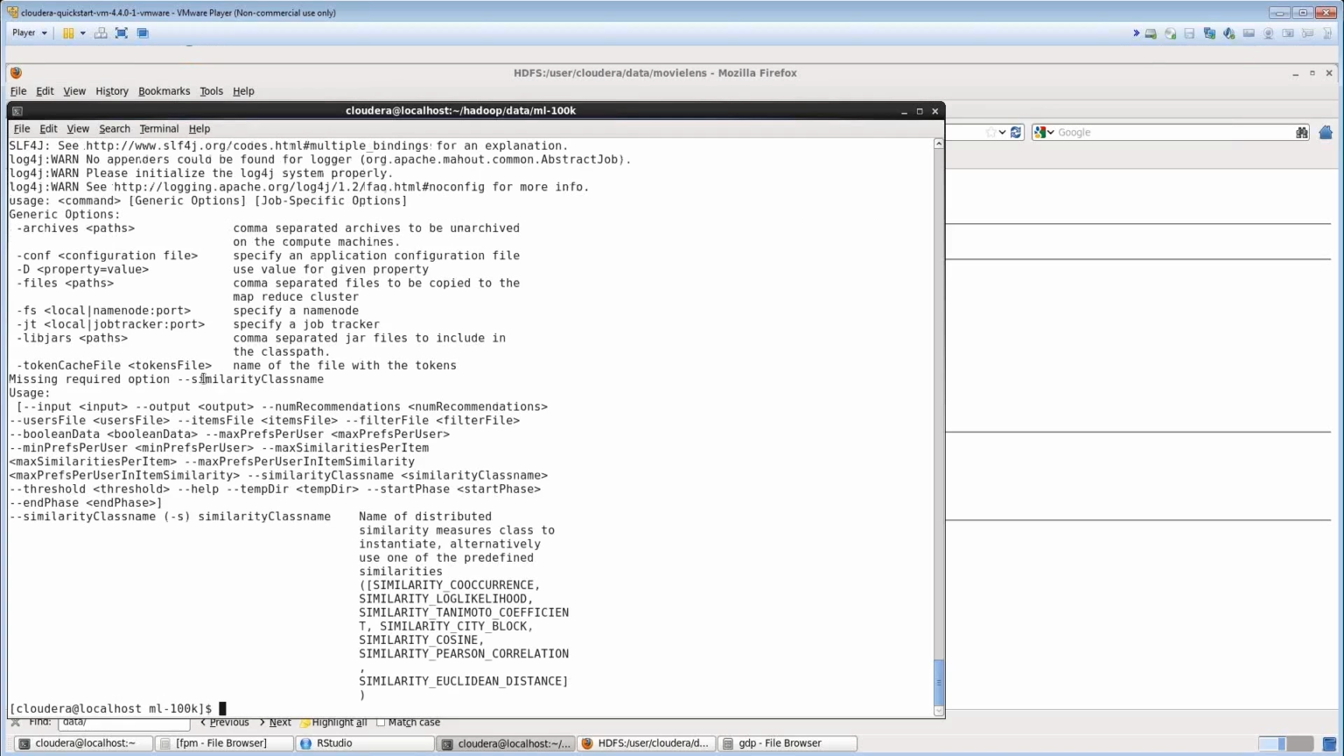And for this, we need to specify a bunch of things. Input file, output file, number of recommendations that you want to make for each of the users. And these are all some optional parameters: users file, items file, and a bunch of other things like maximum preferences per user, minimum preferences per user,